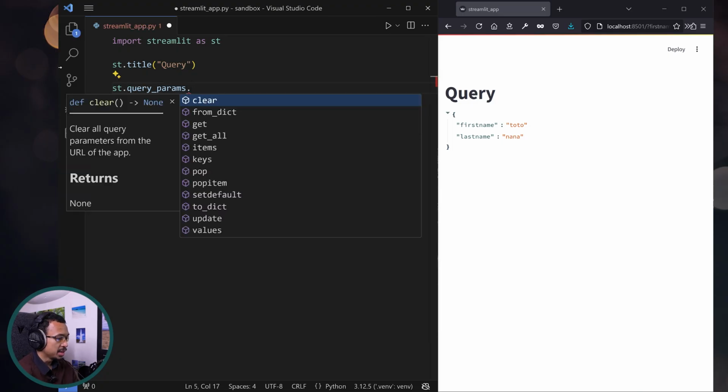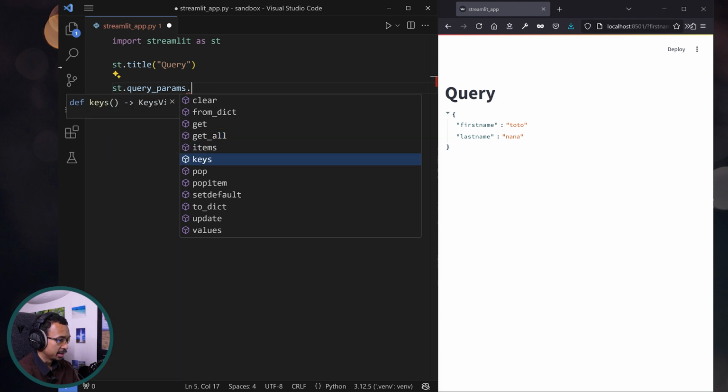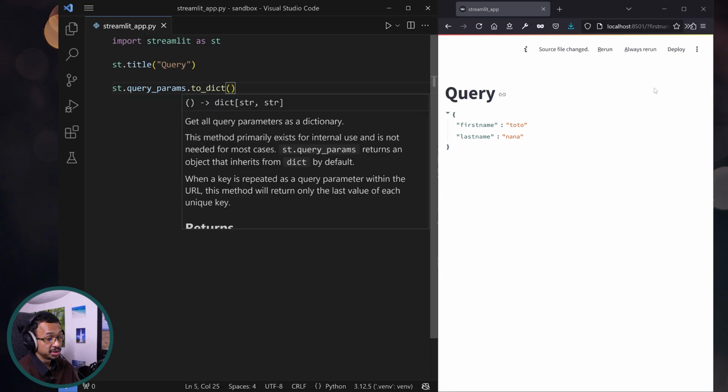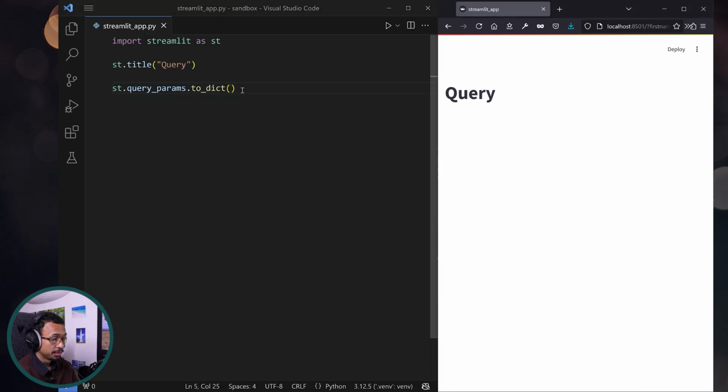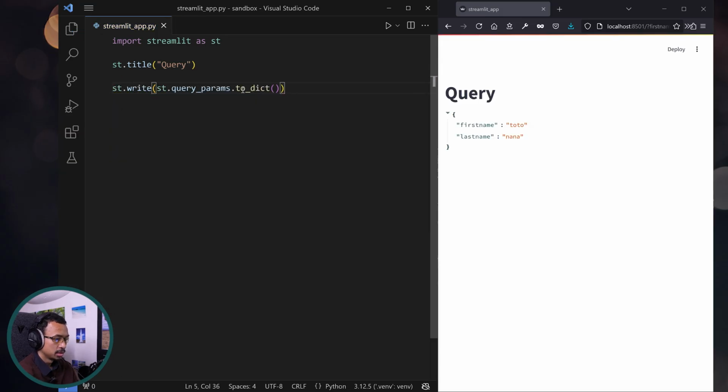There may be other methods on this query params like to_dict. Well, actually, this is already a dictionary, but whatever. And st.write. Oopsie. There it is. First name Toto, last name Nana. What's the point of this, you may ask? Well, the point is,